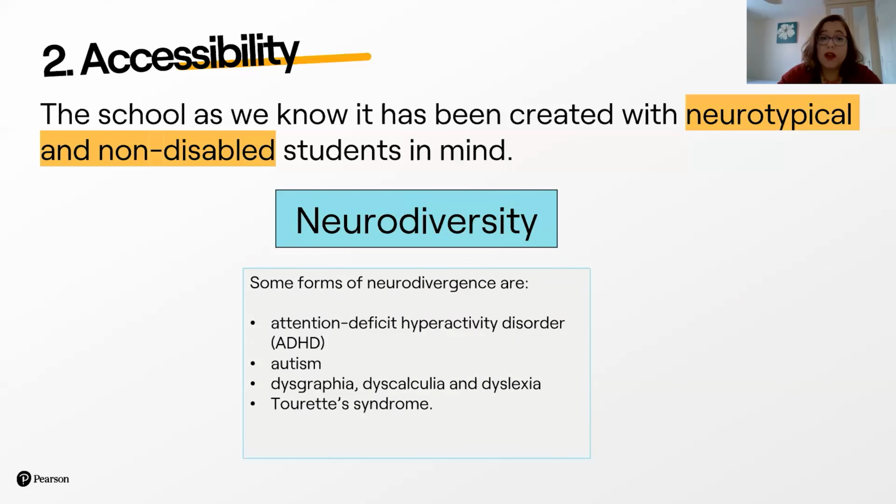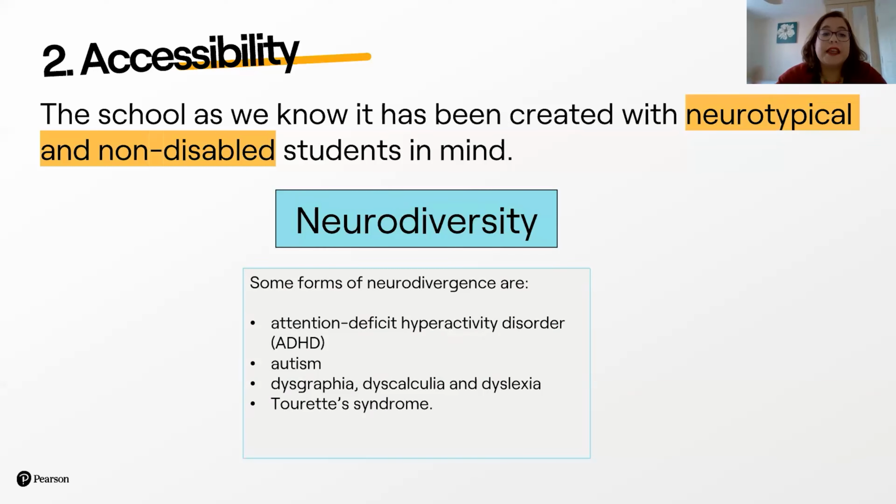Today, we're going to focus on one aspect of neurodiversity. Again, I am not an expert in accessibility, neurodiversity, or disability. However, I would like to direct you towards resources that can give you at least some background information to help you understand what's going on with your student. Try to understand how can I help my students better? Your job is not to put a diagnosis. You are not necessarily a psychoanalyst or a neuro specialist, and that's not something I'm doing here. I'm not claiming to be one.